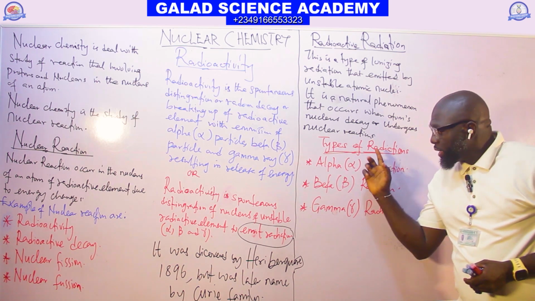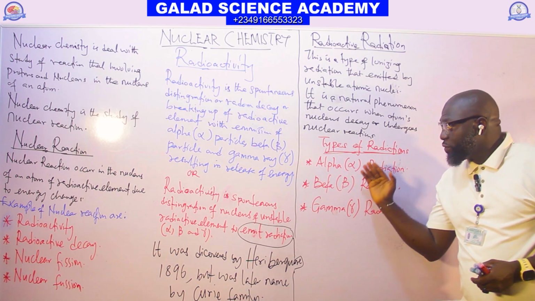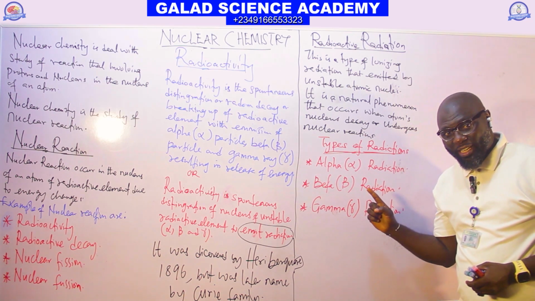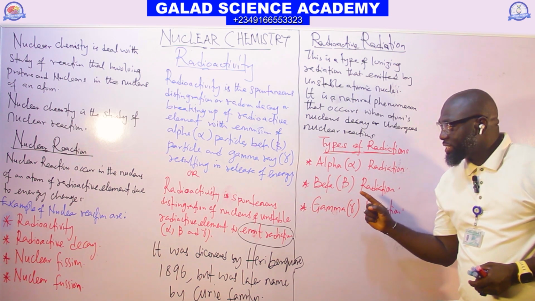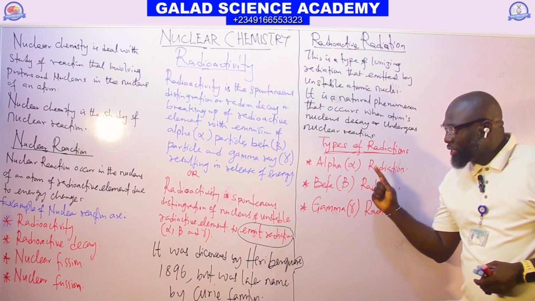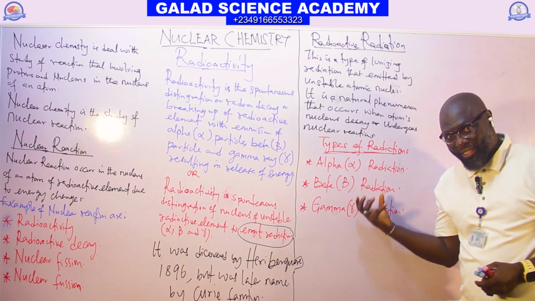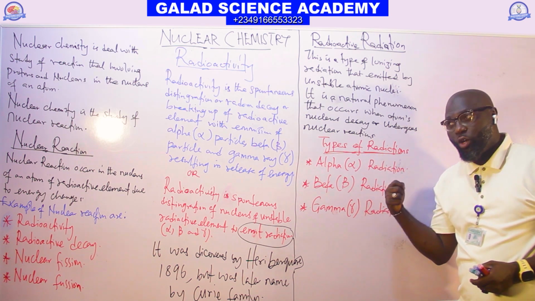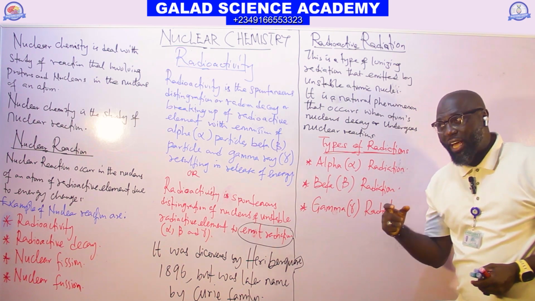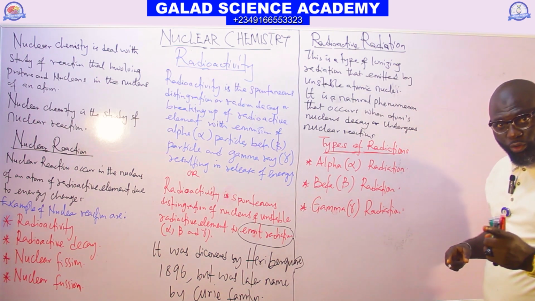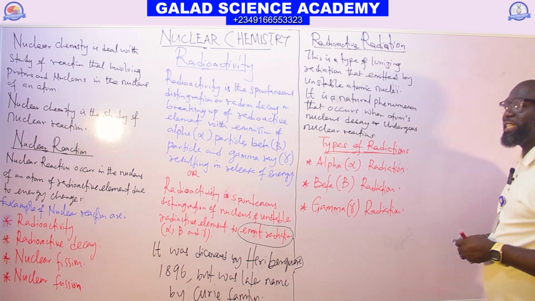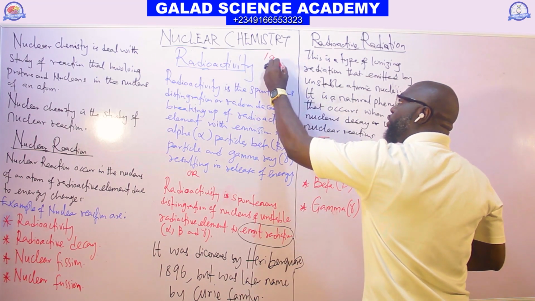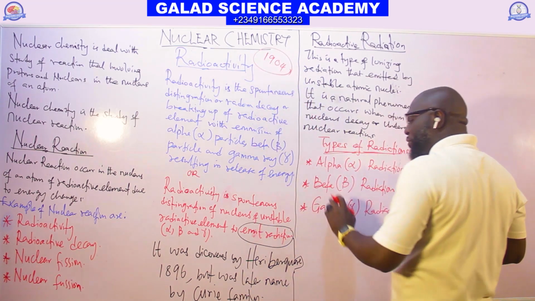So these three types of radiation, there is a scientist, a physicist, who will give us more details about the types of radiation we have. The name of the scientist is called Rutherford. So Rutherford, in 1904,